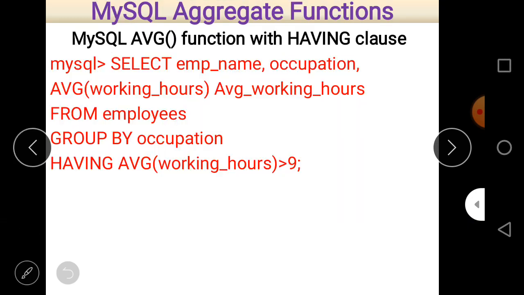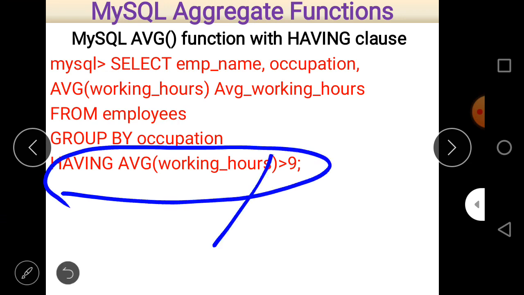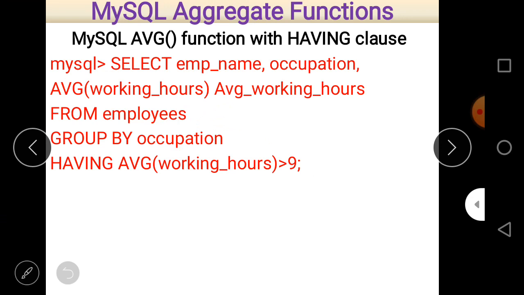So the use of the having clause is to give a condition related to the group by clause. And you can see here that with the having clause there should always be an aggregate function, because the group by clause works with an aggregate function.